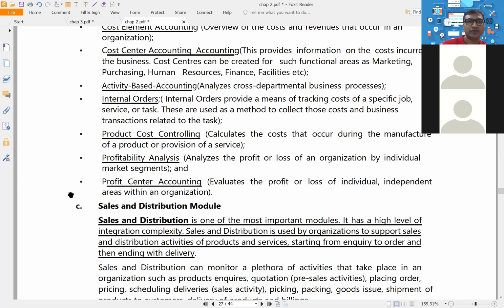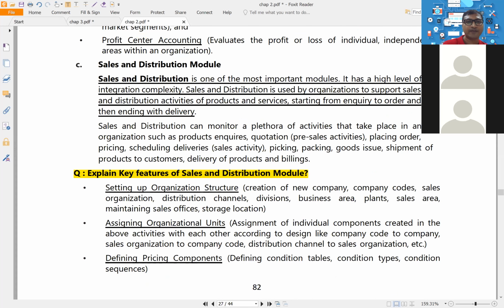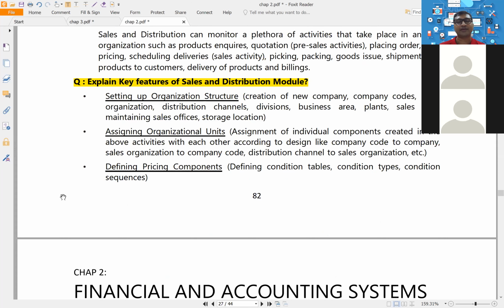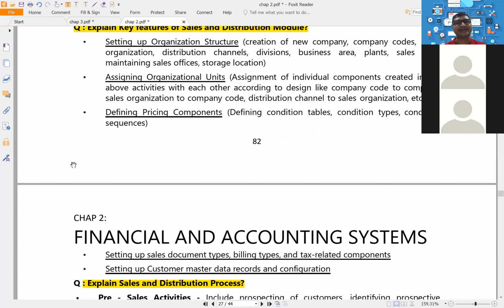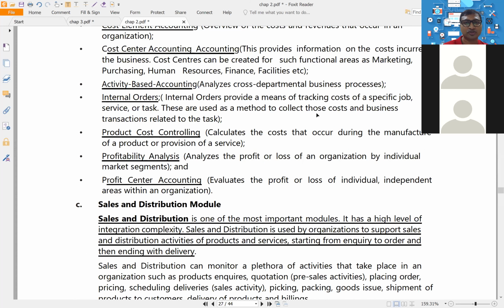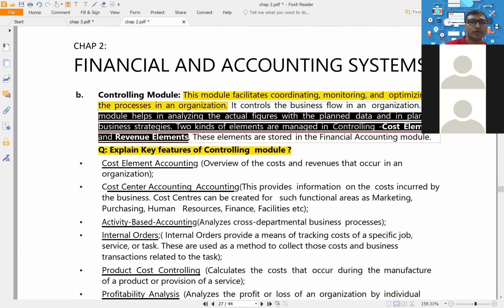After controlling, you will get the sales and distribution module, where all the activities right from marketing till the ultimate product is delivered and customer service will be covered. Now here you have two questions. One, explain the key features of the sales and distribution module, and another is the entire process. If you remember the first point, organizational structure, I have already explained this organizational structure in the financial module, if you remember,